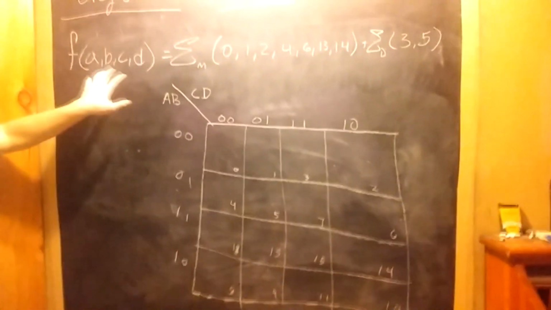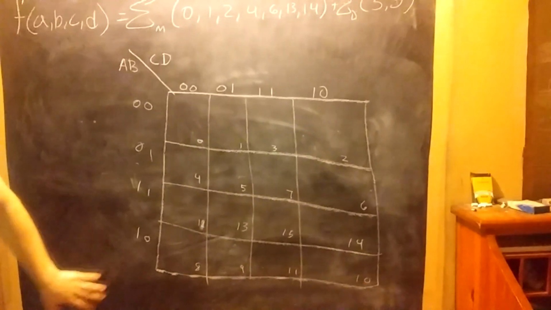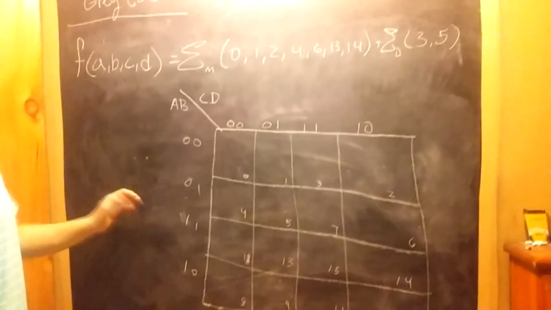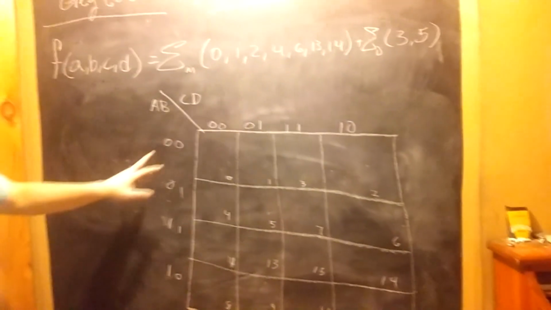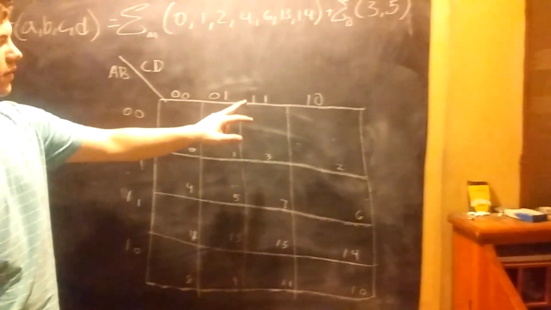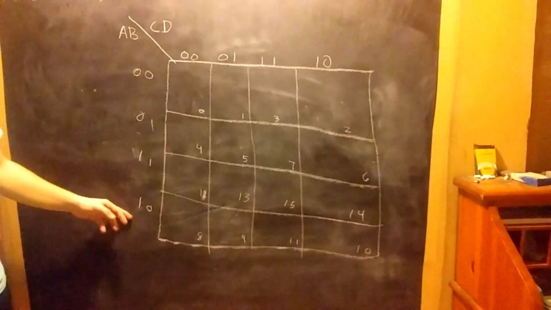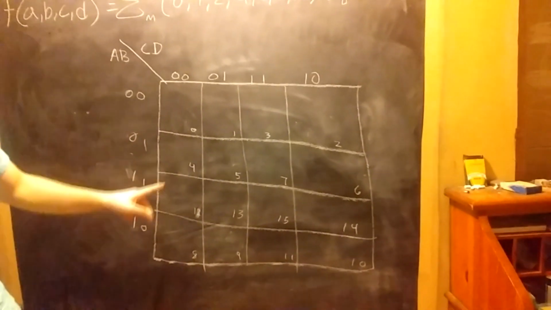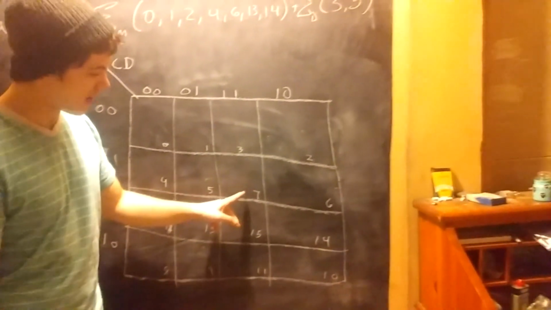An example where we have a 4-bit input. That means we have a 4x4 K-map, because 4 bits creates 16 outputs. So we can see here in our K-map, our gray code goes 0, 0, 0, 1, 1, 1, 1, 0, and then down the line it goes 0, 0, 0, 1, 1, 1, 1, 0. So when filling in the numbers for this K-map, it goes 0, 1, 3, 2, 4, 5, 7, 6,